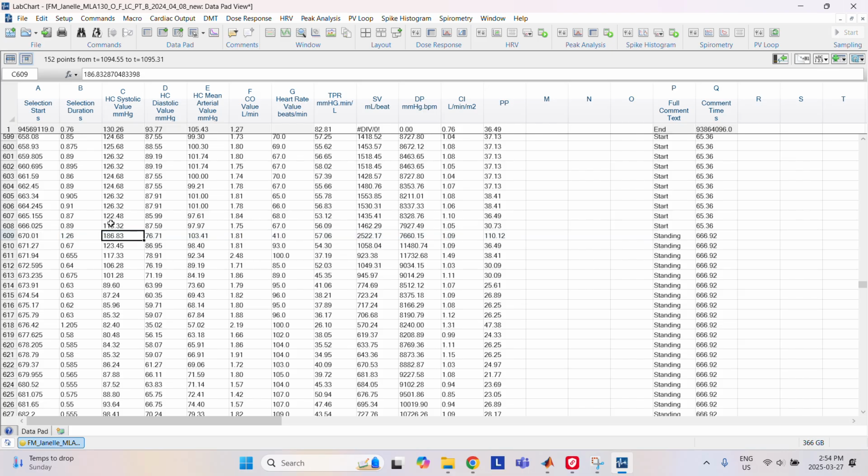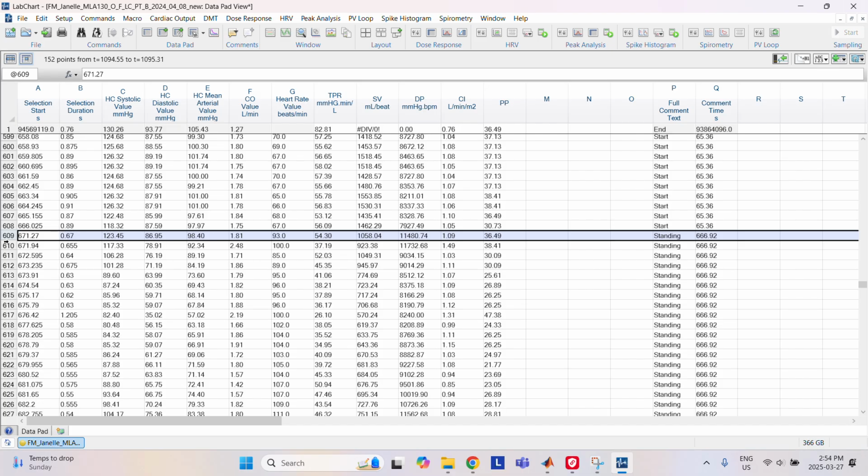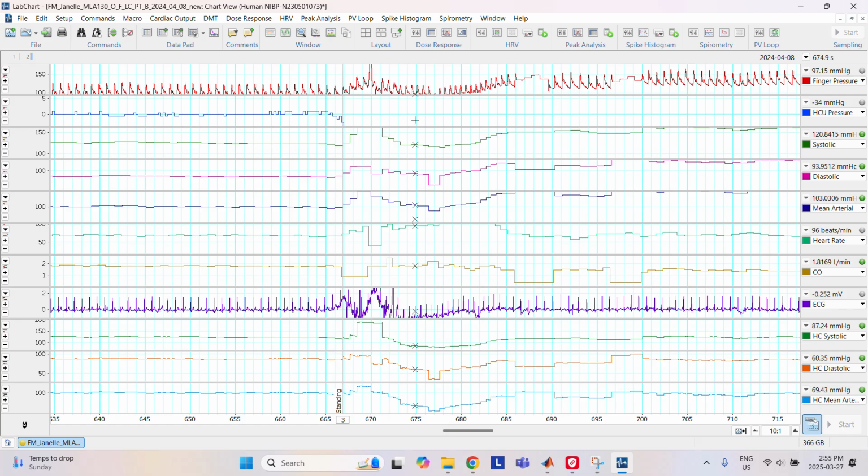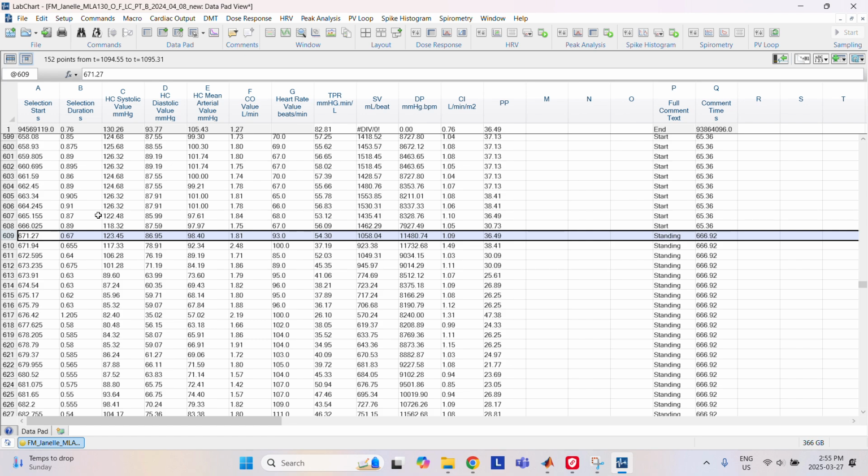And this one. You can see that it's also physiologically kind of impossible to go from 118 to 186, so we also want to remove that. Okay, so we just want to remove numbers that do not look physiologically possible. Another one that we found was around, wait a second,